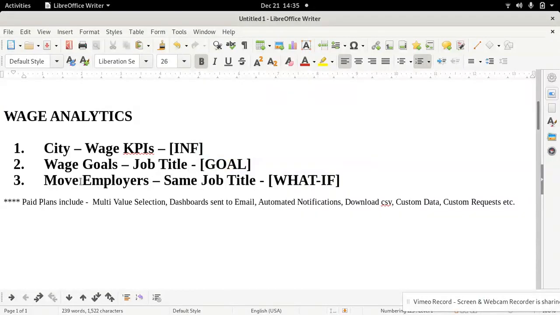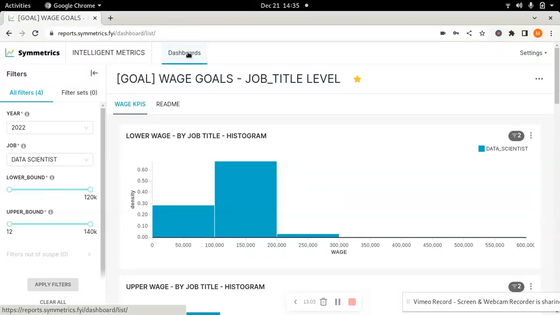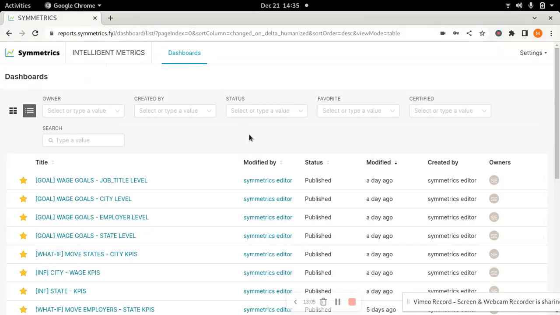And then let's take a look at move employer, same job title. So let's say you have a scenario wherein you want to move across employers but you don't want to change your job title, right? You would like to pretty much look for the same job title. Maybe you're a data scientist and you want to continue to remain a data scientist, which is most likely the scenario. People don't change domains often. There are exceptions though, but the majority of people don't change domains.